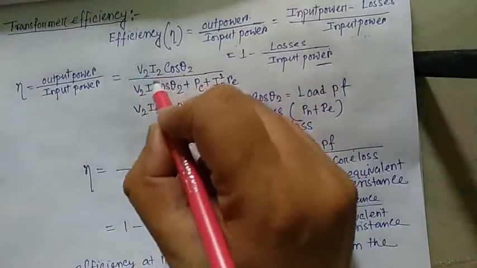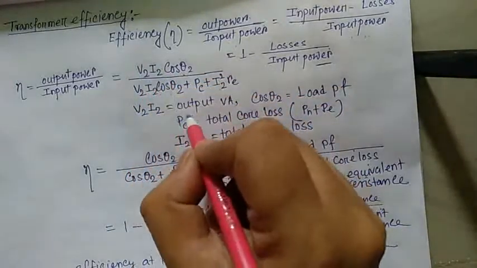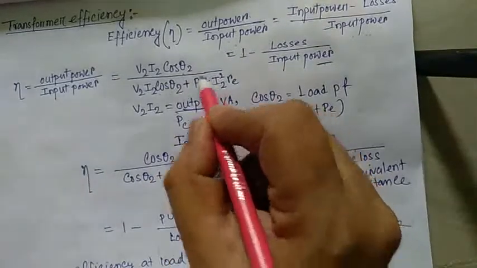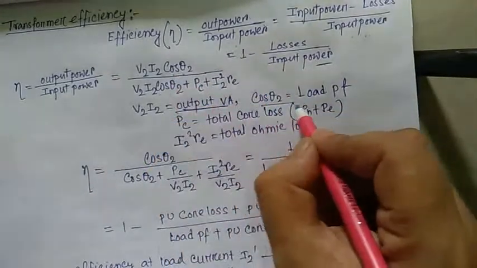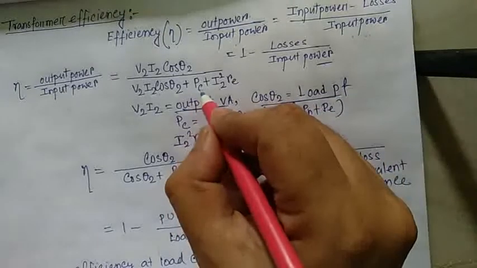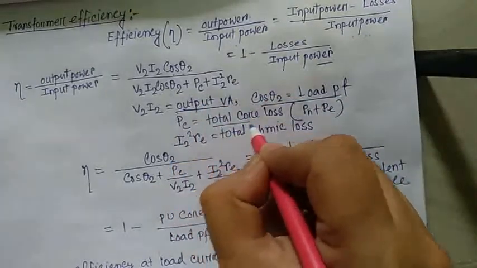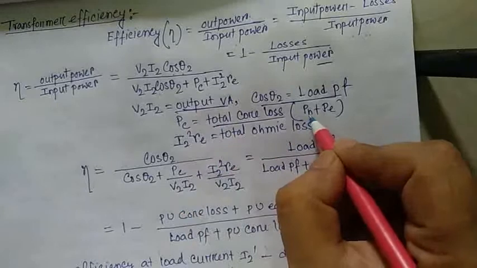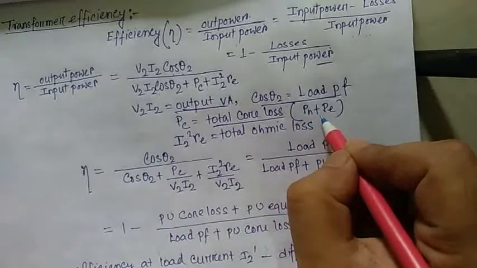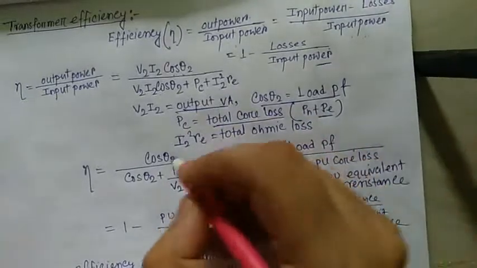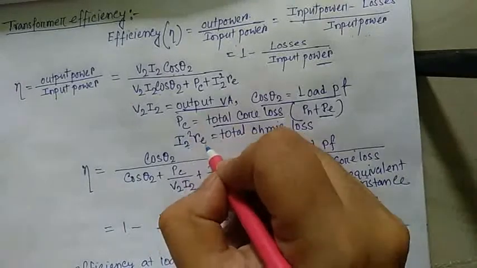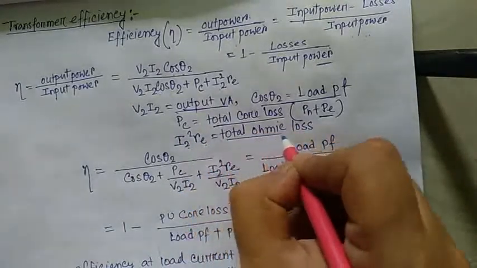Here V2 I2 is the output VA, cos theta 2 is the load power factor, PC is the total core loss, that is the combination of hysteresis loss and eddy current loss, and